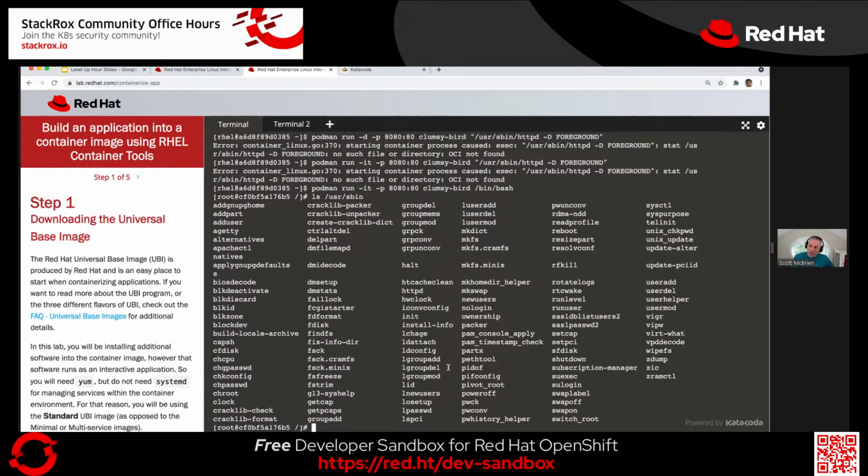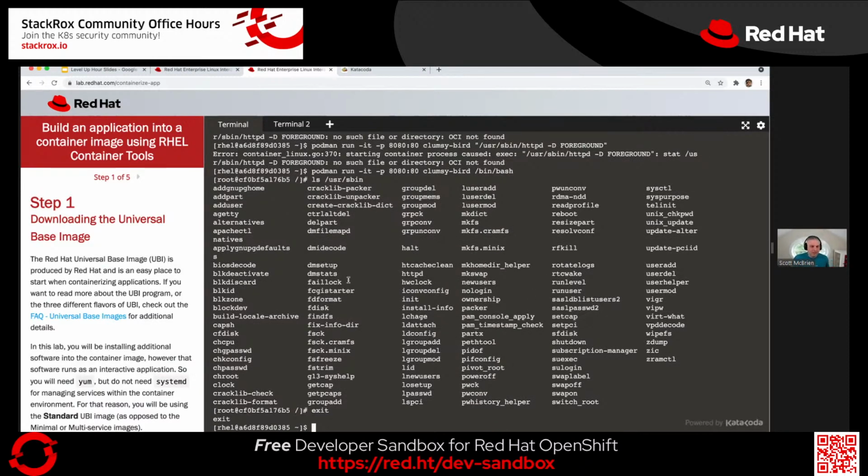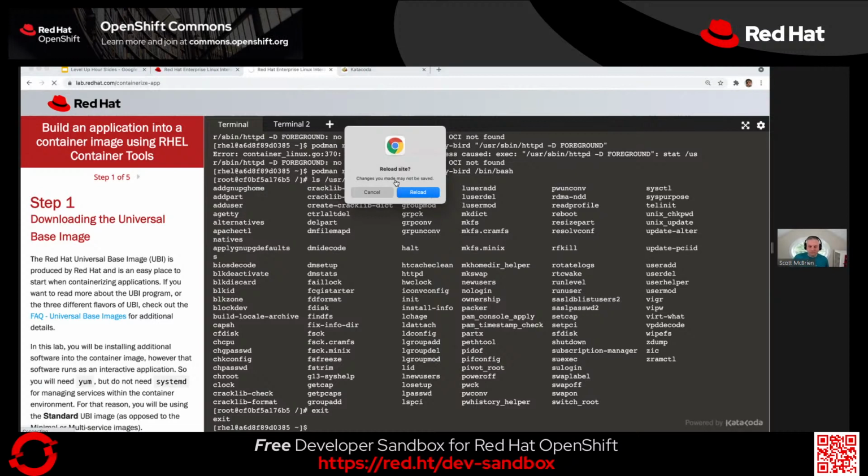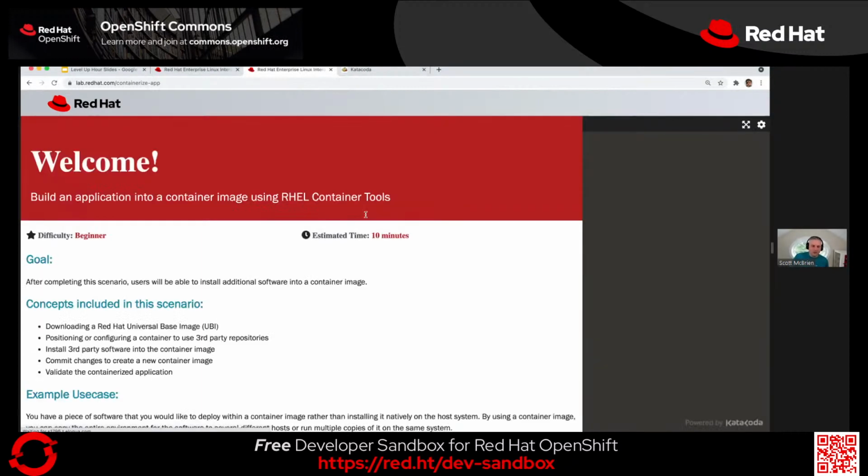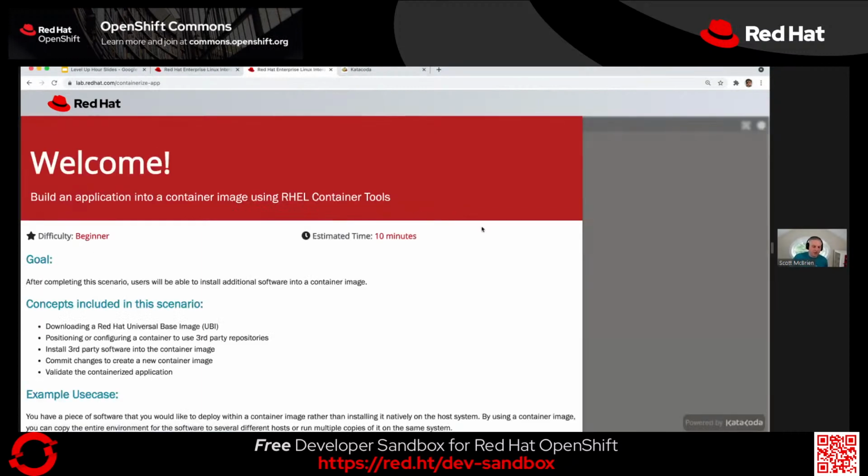But what I was trying to get to is to show you what it looks like when people run containers as non-root users. So let me reload this to get a fresh box one more time. And we're going to do the RPM example so I can show you what it looks like for